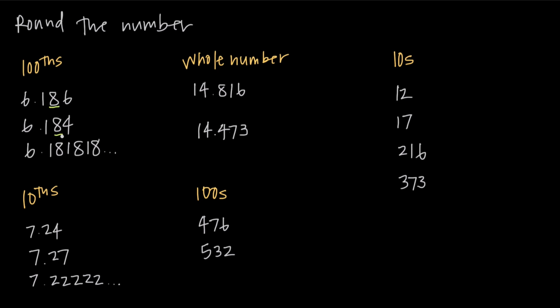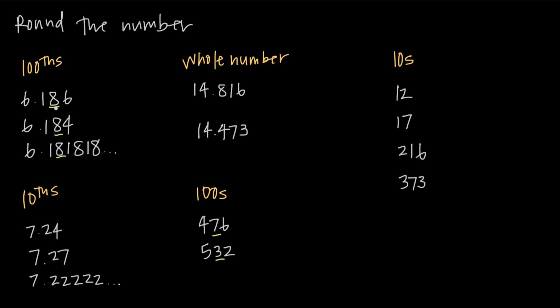This is the hundredths place, the second spot after the decimal. We distinguish that from the hundreds place, which is the second spot to the left of the decimal as opposed to the right of the decimal. So here we've been asked to round to the hundredths place. We need to round to that place, and basically that just means get an approximation of this number to the